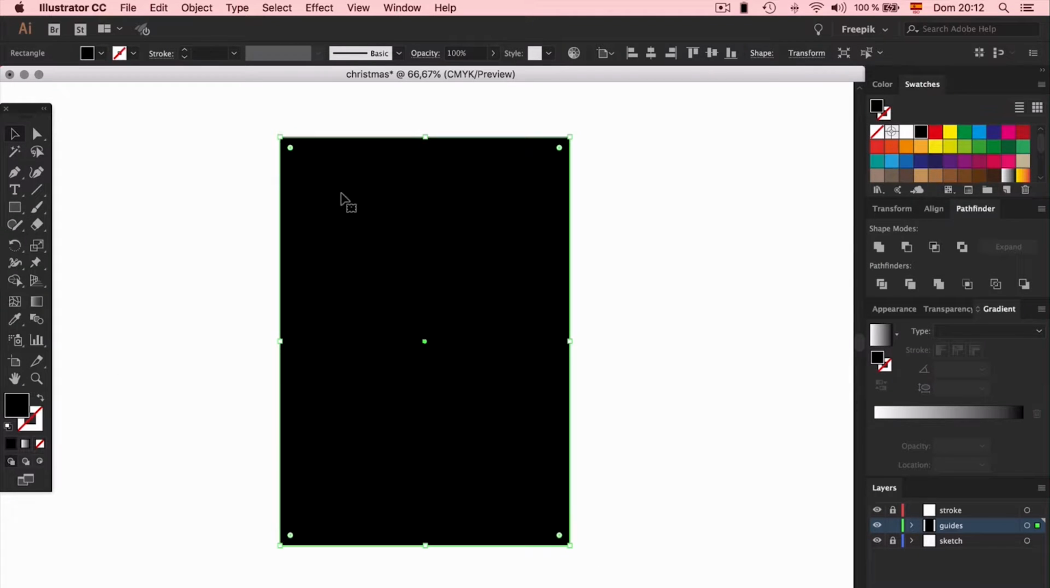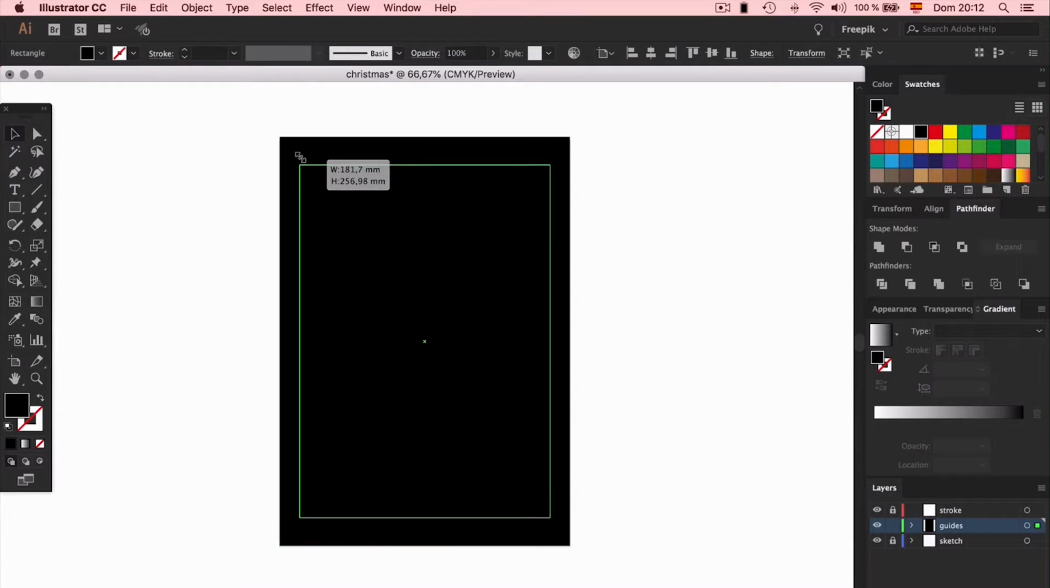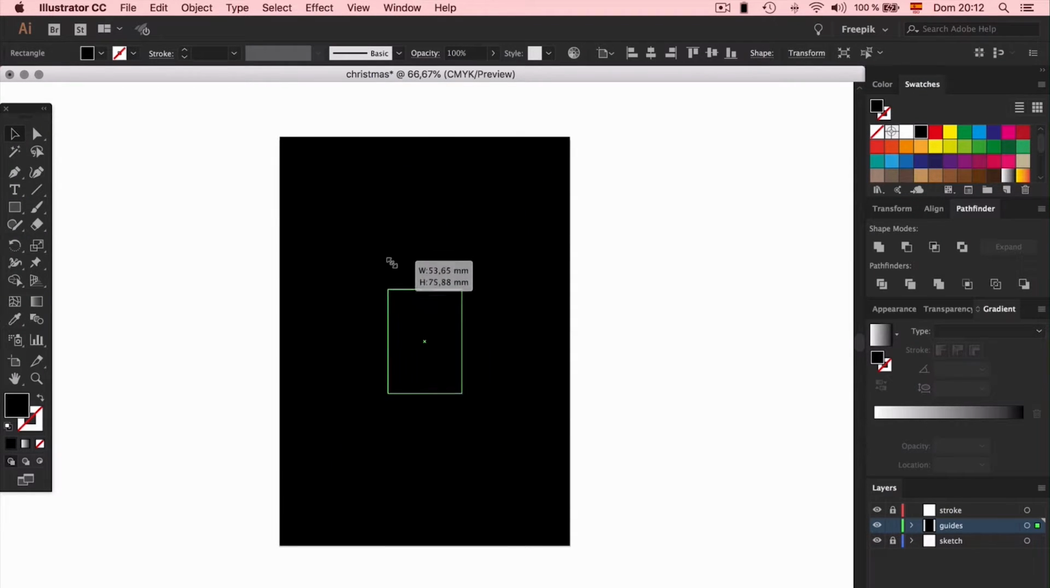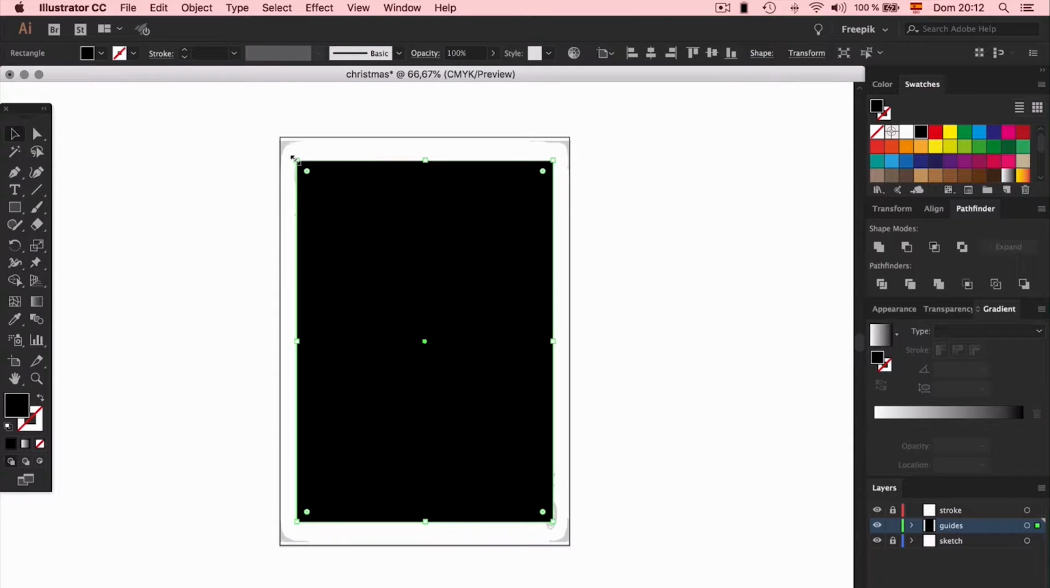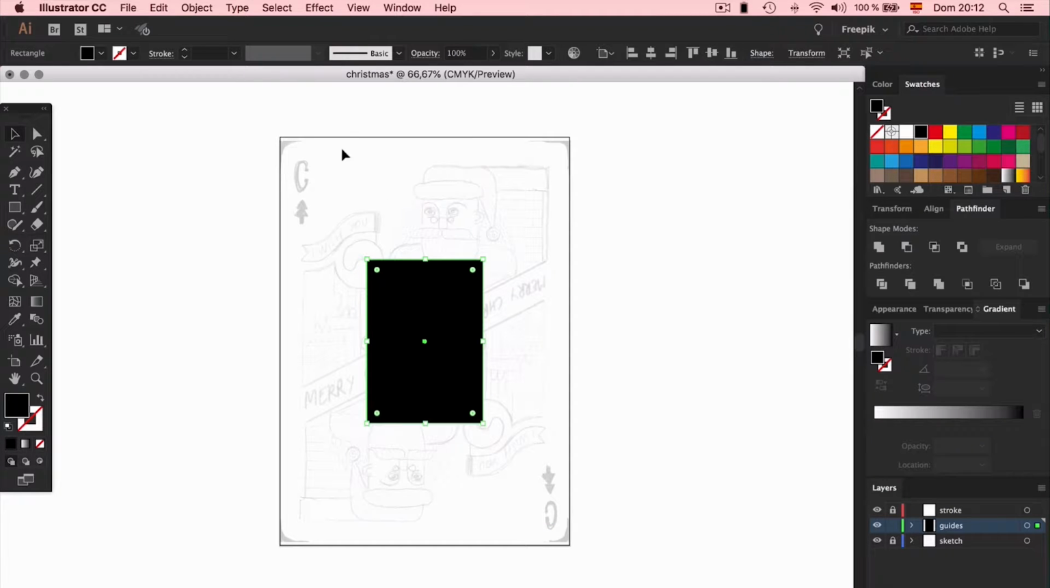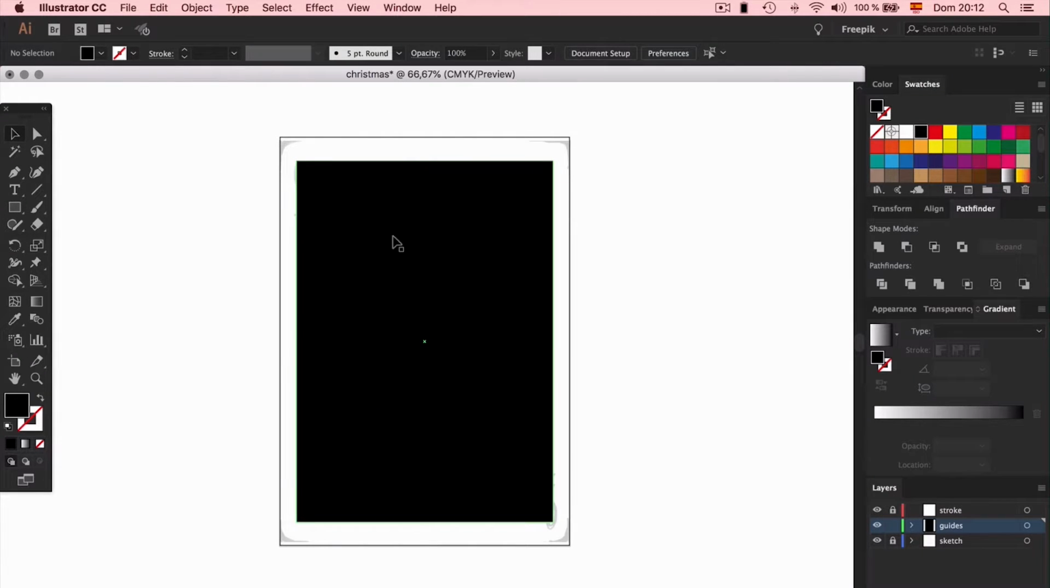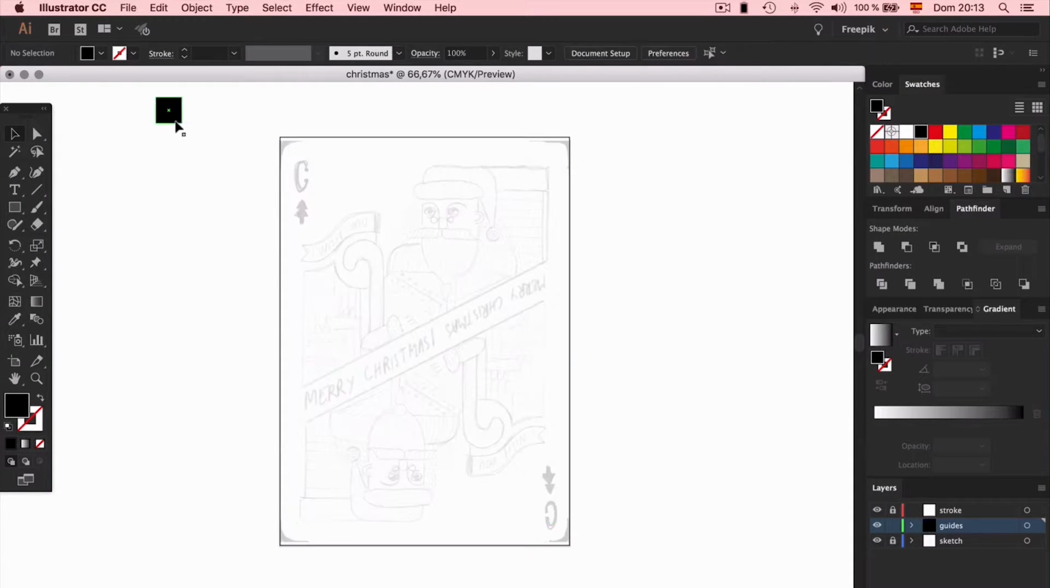Now, insert a rectangle covering all the canvas. Now, if we make the rectangle smaller from a corner, it's not reduced proportionally. So to keep the proportion, draw a small square and, okay, let's delete it. Okay, so we have here this small square